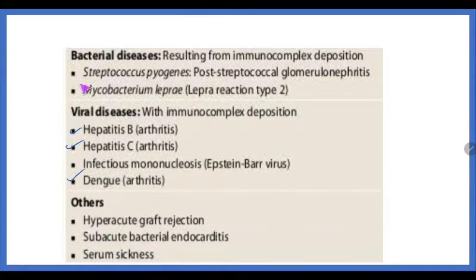And one important thing we should never ever forget is streptococcus pyogenes, that is post streptococcal glomerulonephritis, PSGN, wherein the child will be having a scabies like rash in the skin, and also has a history of throat infection. Following that he will present with hematuria. Never forget, PSGN is again an important immune complex deposition because of type 3 hypersensitivity reaction. And at last graft rejection, hyperacute graft rejection, SABE and serum sickness.